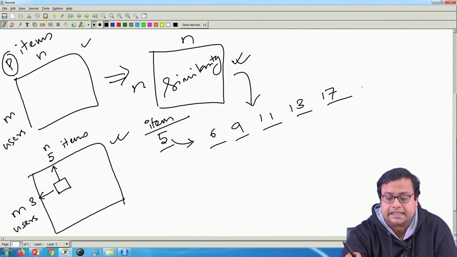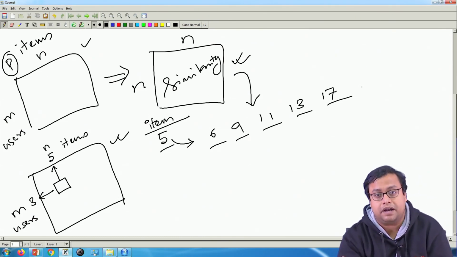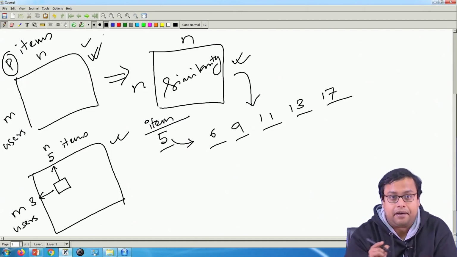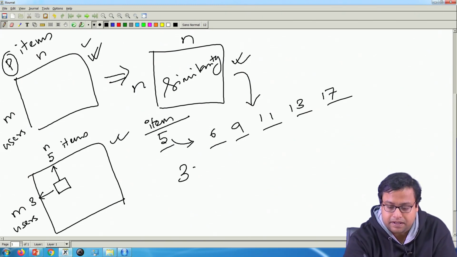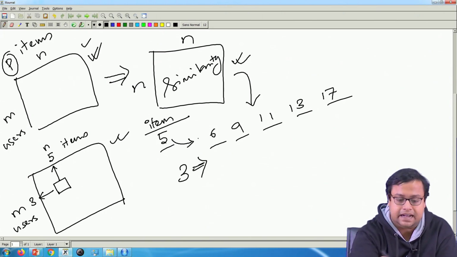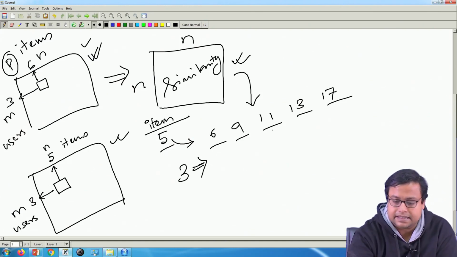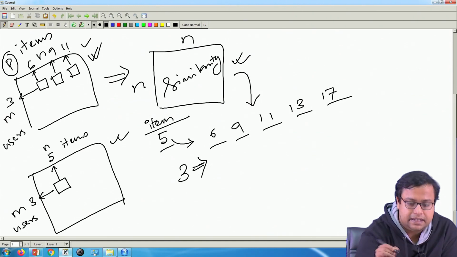Now, for these 6, 9, 11, 13 and 17, whether they have seen them, from which matrix will I get that? From this matrix, whether user number 3 has seen it. So, user number 3 has seen the 6th item, it will come from here, this cell where this is 6, this is 3; has seen the 9th item, this is 9, this is 3; has seen the 11th item, this is 11, this is 3.